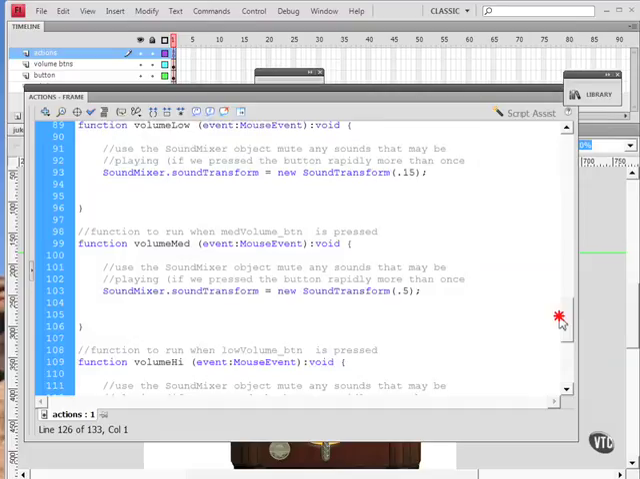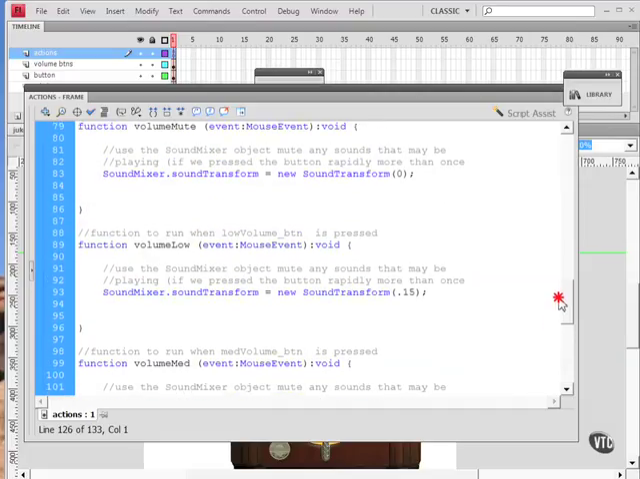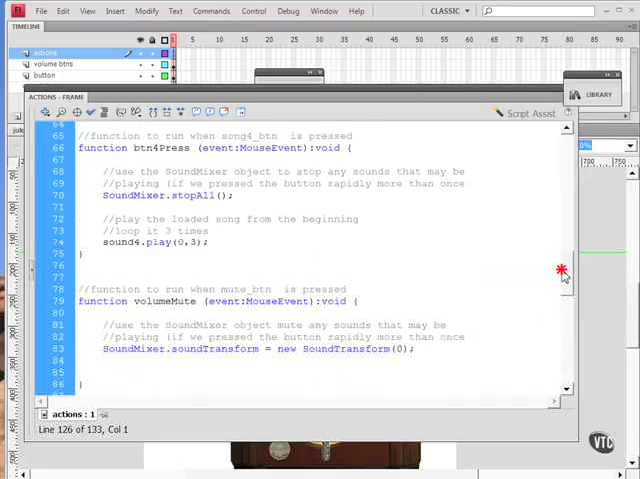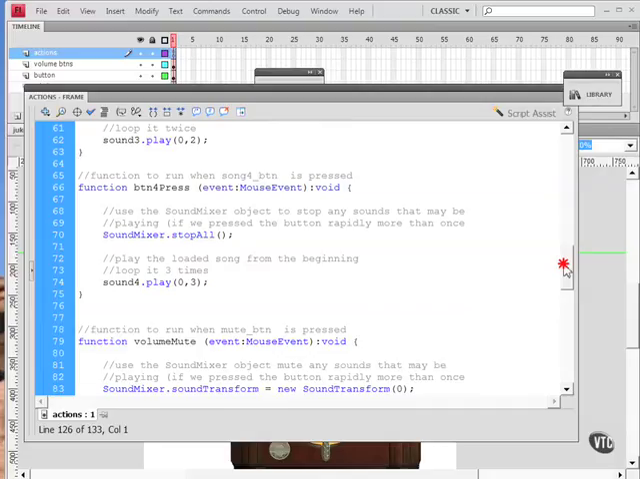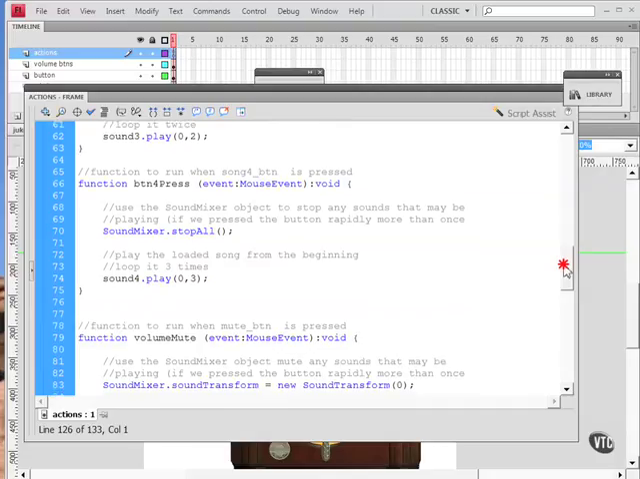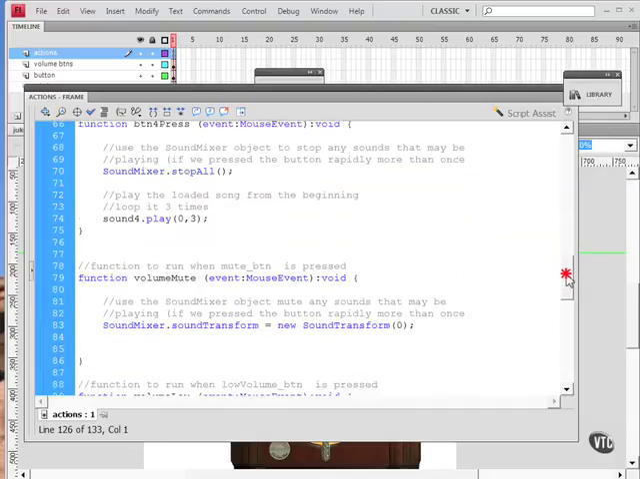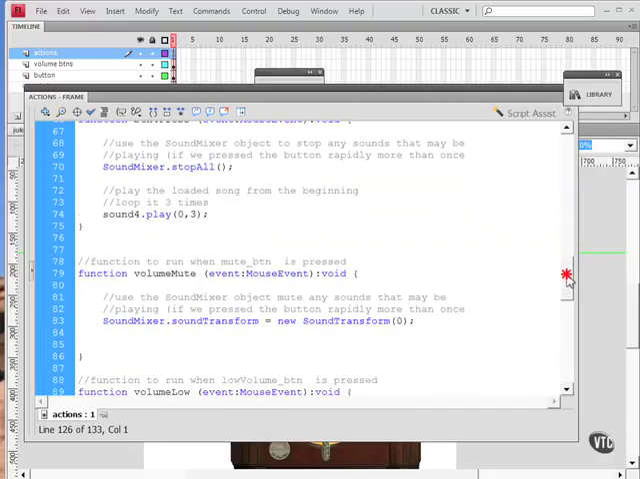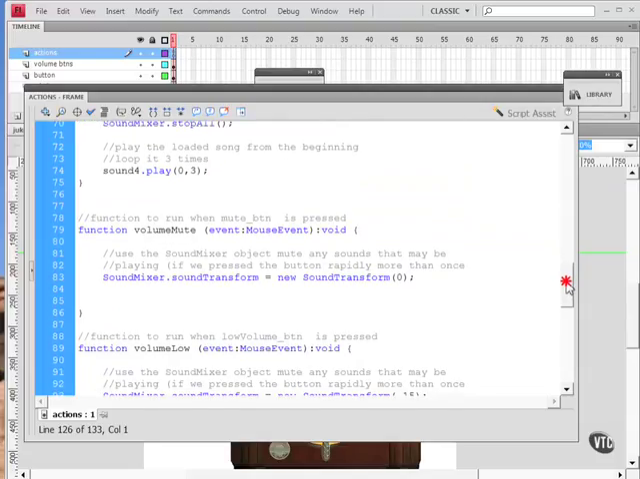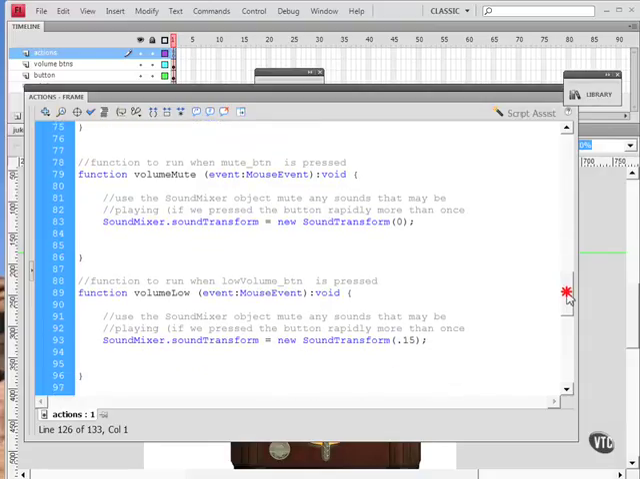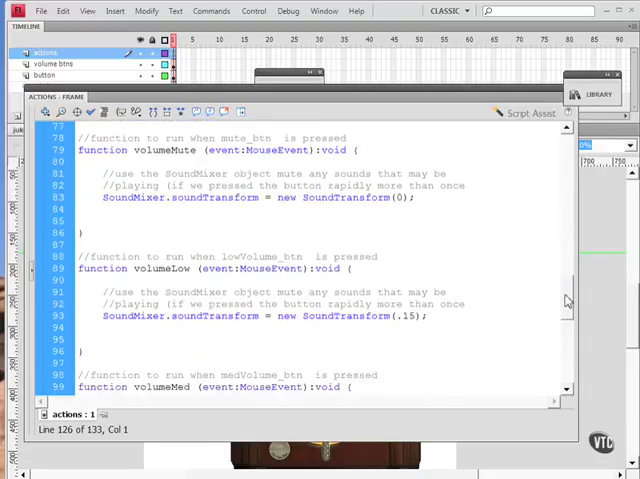So do those 2 first and then test your movie. Make sure that the music is playing back when you click on one of the song buttons, and then click on the mute button and the music should be stopping. If it's not stopping, there's something wrong, so you want to go back and check with my version right here, mute button. If it is working, go on to the low volume button,